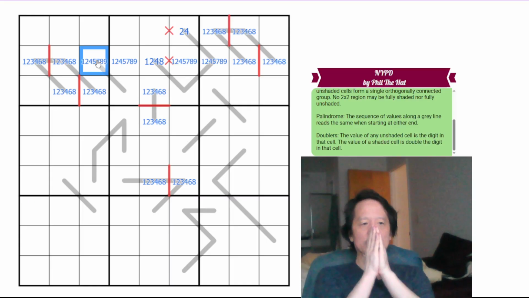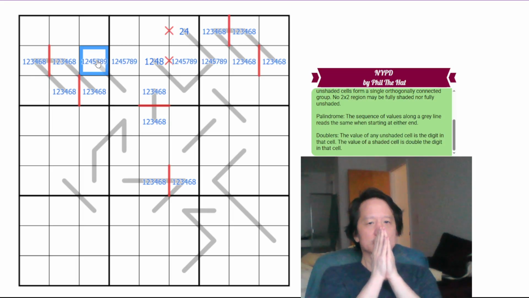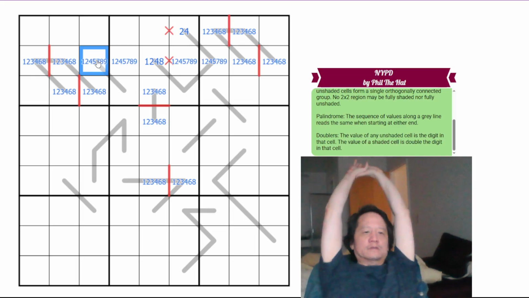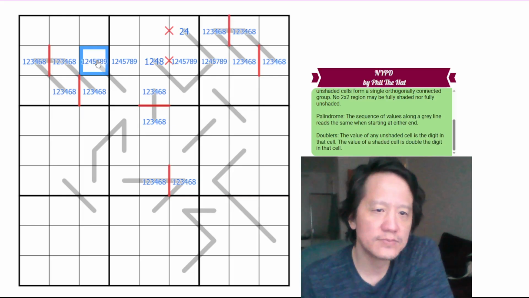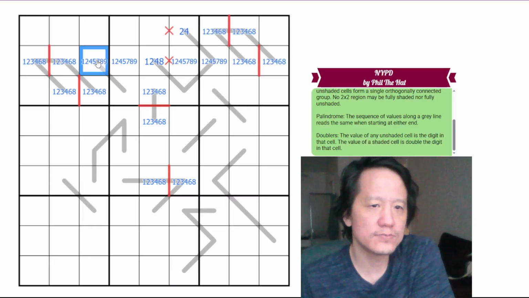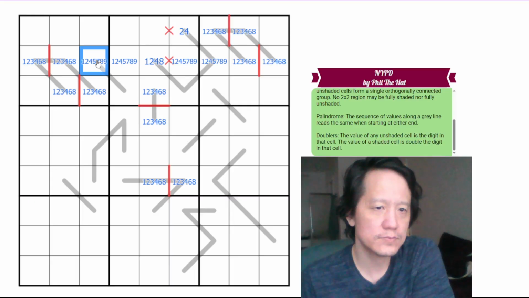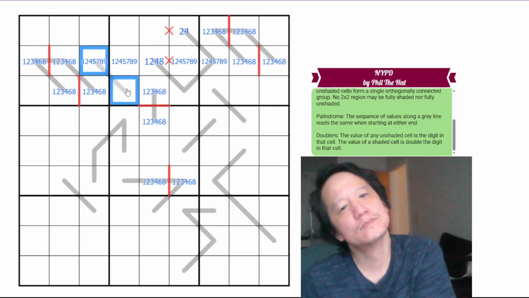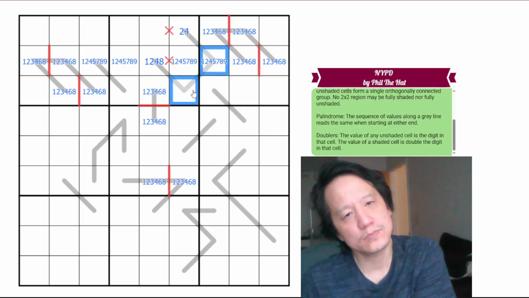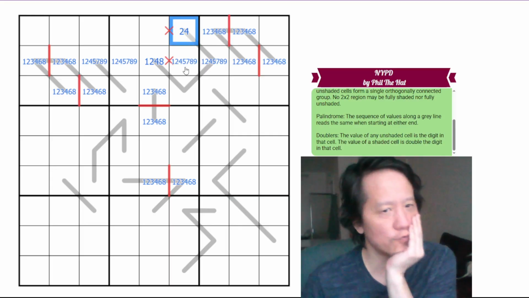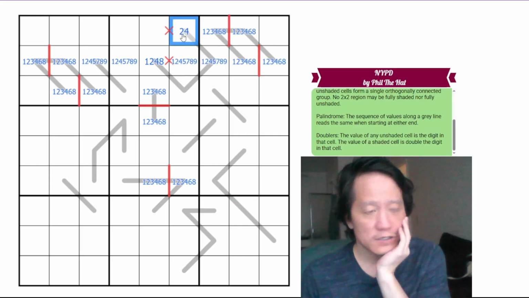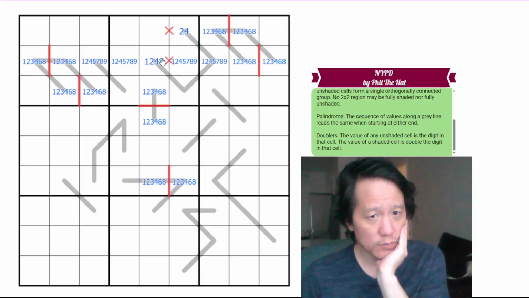Because if that were the case, I think it could be any of these spots, as long as it's 2 or 4, right? If it's 2 or 4,